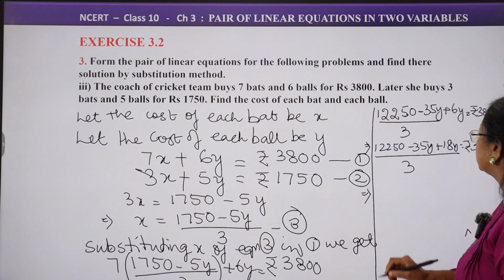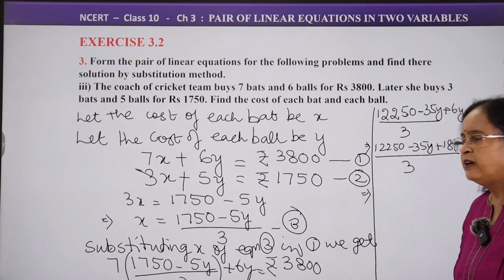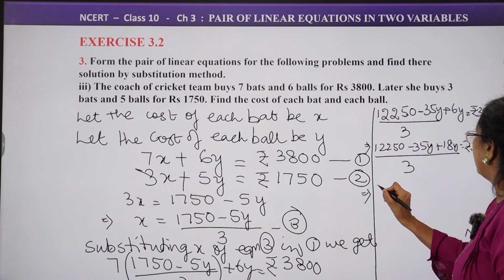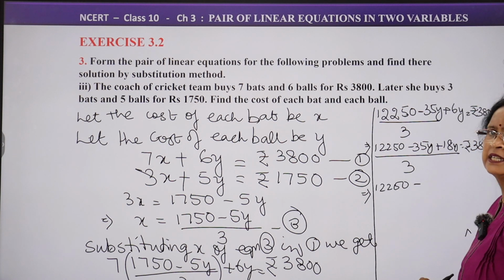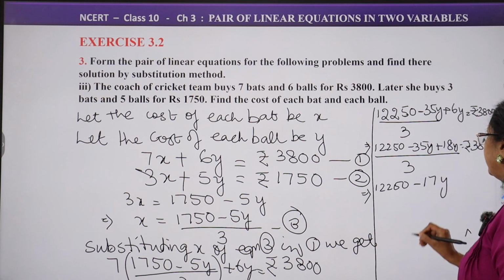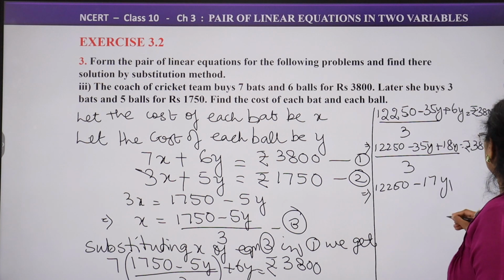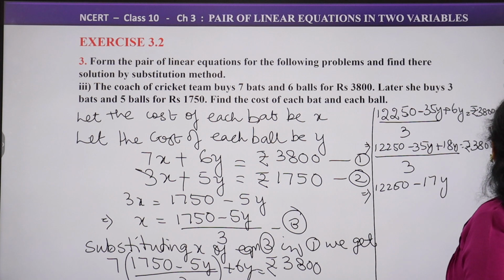That implies, now minus 35 plus 18, what do we get? 12250 minus 17y, is equal to